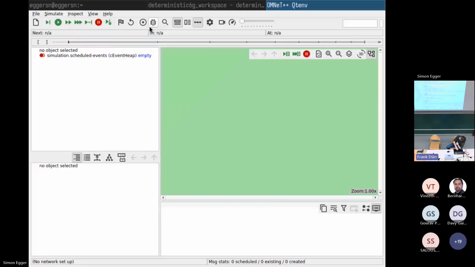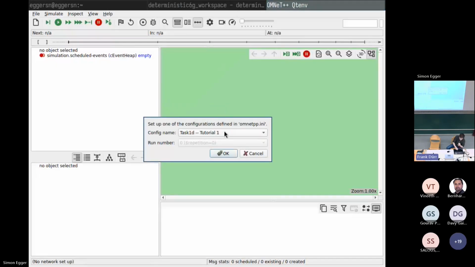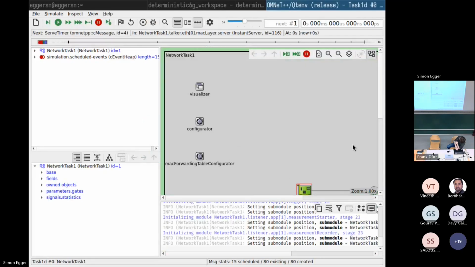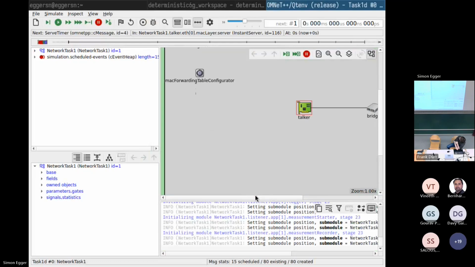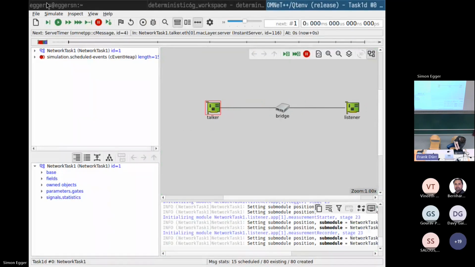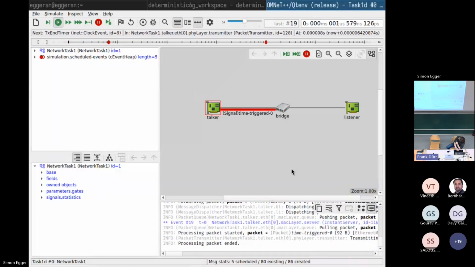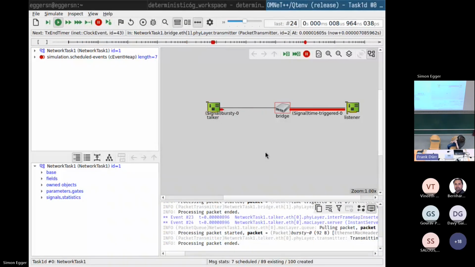So we can simply here at the top click on the run button and start the simulation. And then we can select tutorial 1D to start. So if I'm scrolling here into the center of the screen, I can then start the simulation slowly to show some animations as well. And here later on, we also have the option of running the simulation a little faster to get some nice results later on. But if I'm simply starting the animations here, we can then see,